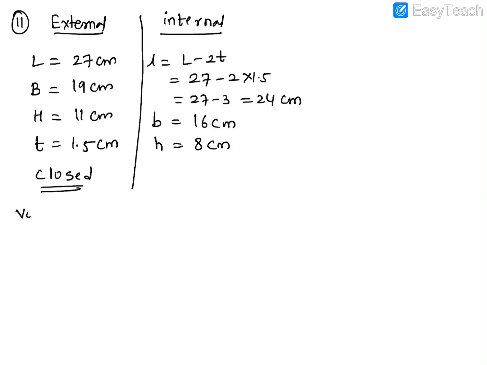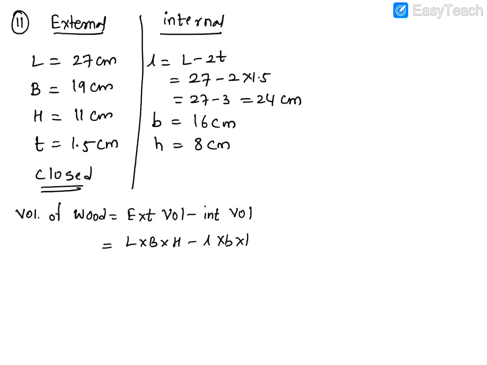So, volume of wood is equal to external volume minus the internal volume. What is the external volume? So it will be L into B into H, minus the internal volume, small l into b into h. So now what is capital LBH? So 27 into 19 into 11 minus what is small lbh? So it will be 24 into